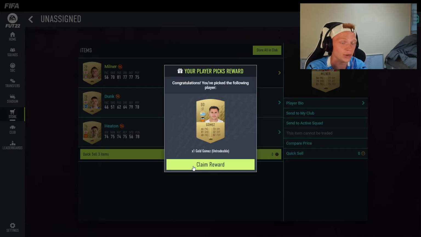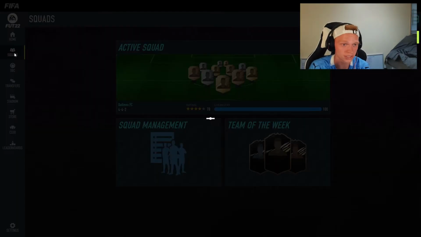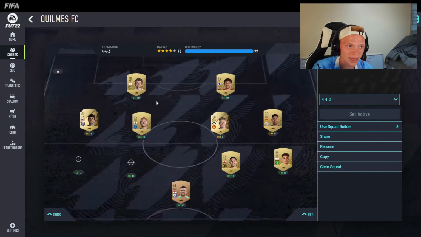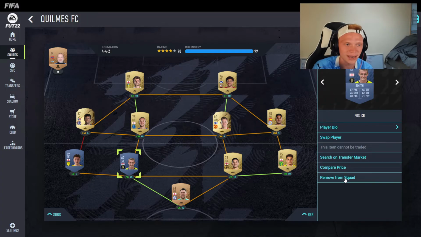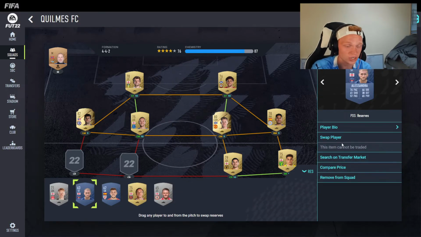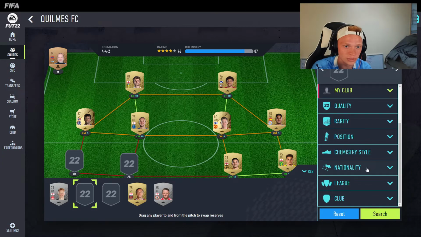So I want the 80 rated Gomez here as the next best option for us, which was very, very nice. And then I don't even know what we did next. Yeah, we just went and we kind of finished building out the squad here with all the players we had, because we just had a ton of new additions here. So I think we just went through and added all these new gold players in and kind of looked to